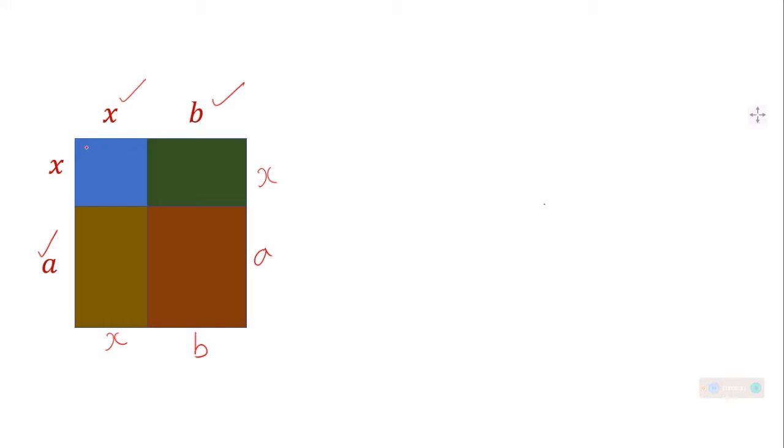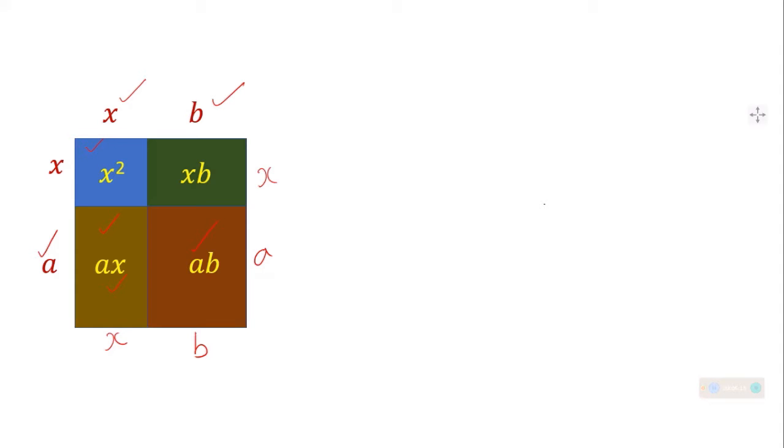So here is a square. The only square available is here because both sides are x. Understood? Now we will think about the area of this figure. Length into breadth, there is only one option left. So how will it be? Here, to get the area, we need to get the area of this square. Area of this green colored will be x into b, b into x. Area of this color will be a into x. Area of this almost maroon colored is a into b.